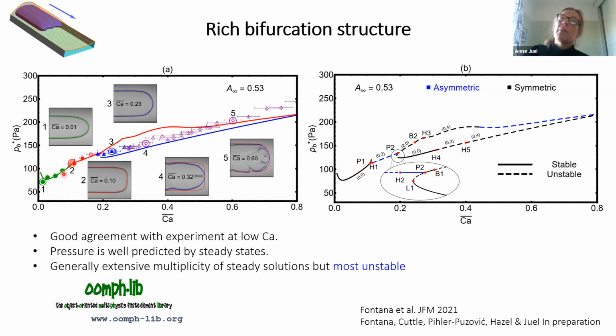But essentially at low capillary number, we get very good direct quantitative agreement with our model. Whereas as we increase further, we get multiple steady states. And one of these steady states is a very good envelope to what we observe experimentally. However, experimentally, our system has become unsteady. And of course, that's not captured by these steady solutions. And it turns out that all of these steady solutions by that time are unstable. So you may ask, well, what's the role of all these unsteady solutions at that point?